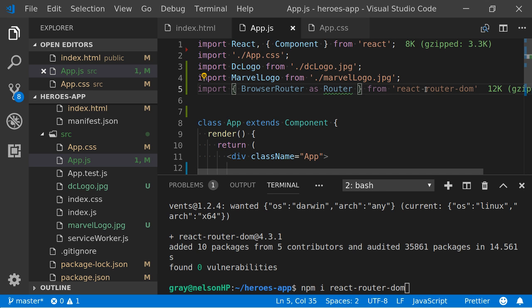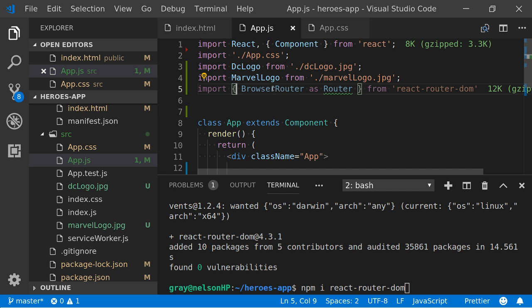In React Router DOM itself, it will export various things for you to use. One of the things it exports is browser router, but it also exports other things that we're going to use in a bit. If React Router DOM just exported one thing for us to use, then we could have used that syntax without the curly braces, because it's a default export.